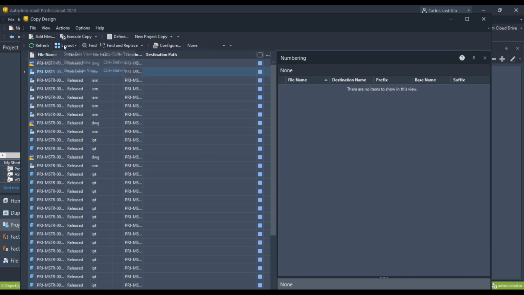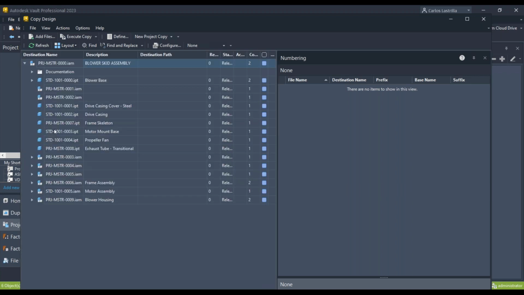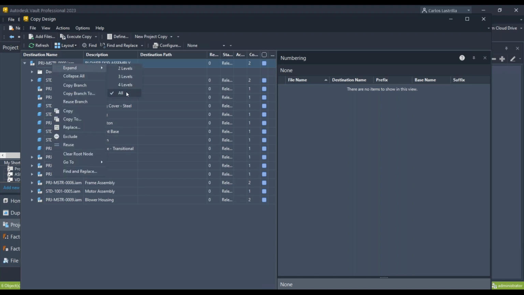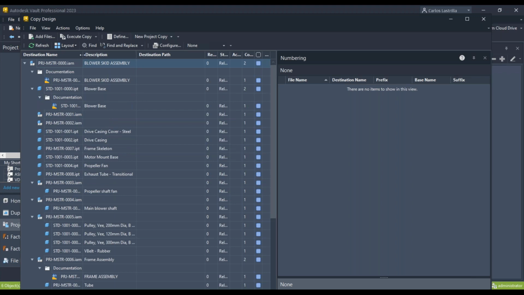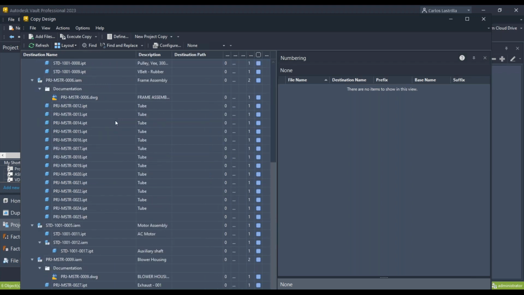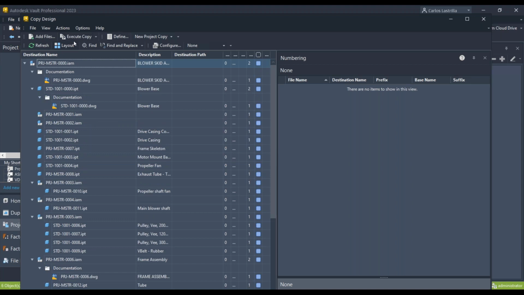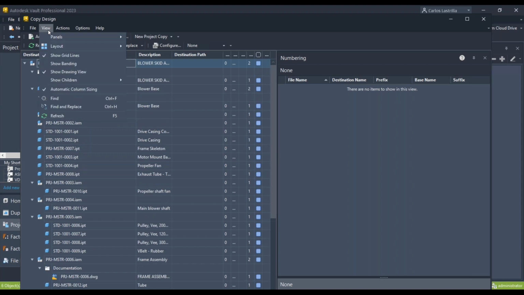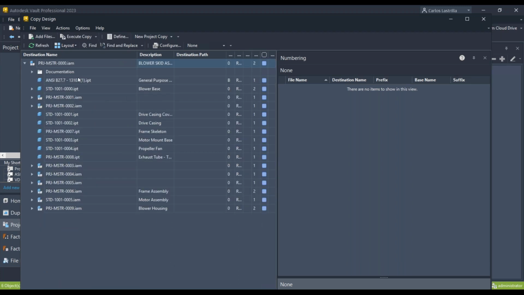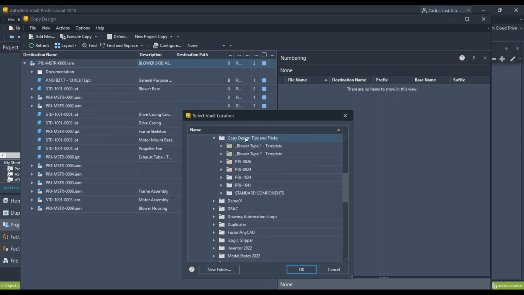I'm going to go, let's say preview, and you notice there's no content center components. I'm going to expand all. There's no content center components there, right? Because by default, any library components are automatically hidden from the view. Now, if you want to show that, you click on library files here. So it now will actually show you these library files as well. If I right click and copy branch 2, and let's say I'm going to copy that to PRJ 1047,